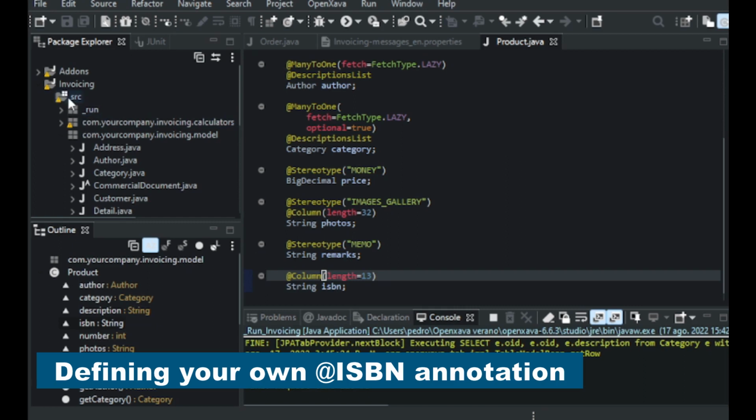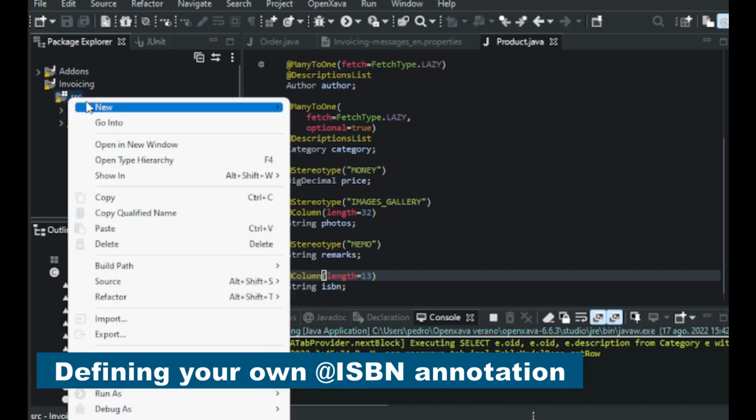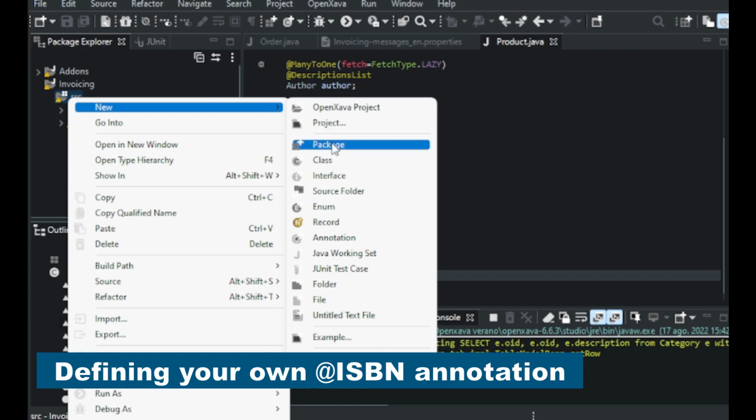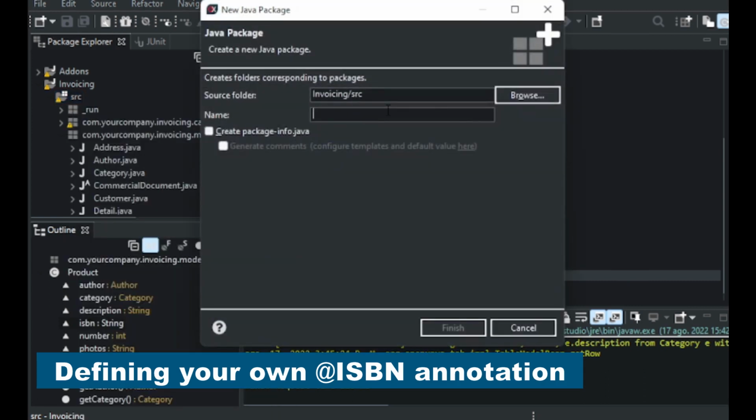So to do this, we have to click in src, we have to click on new, and we have to click on package, and here we have to write com.yourcompany.invoicing.annotations. So then we click on finish,